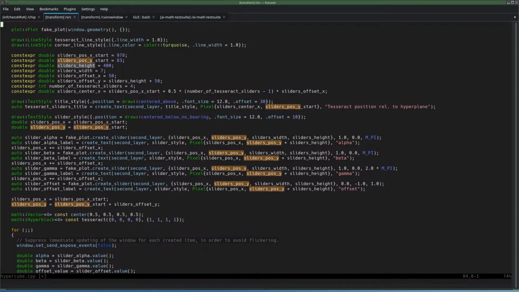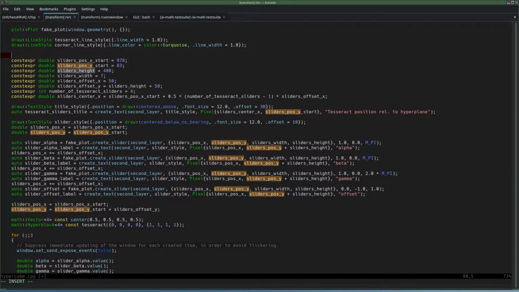Let's turn all of this into an object. It's going to replace all this with